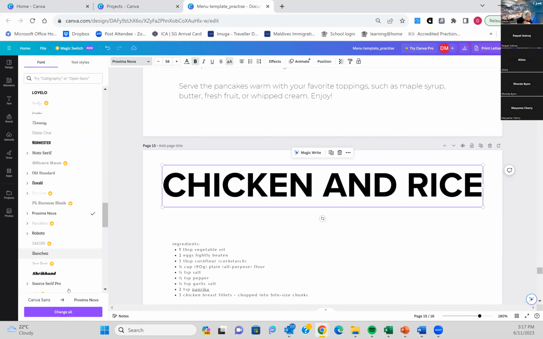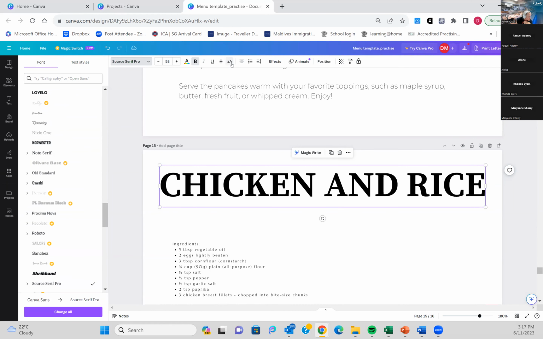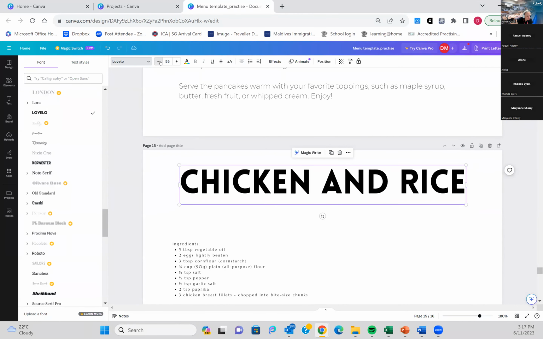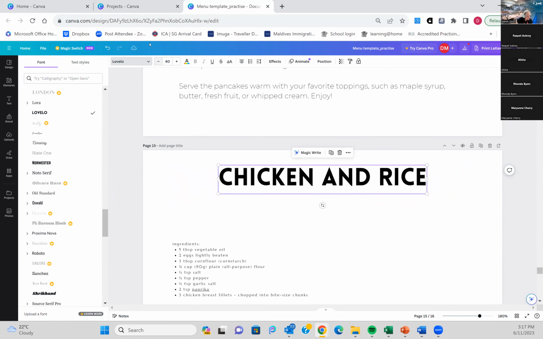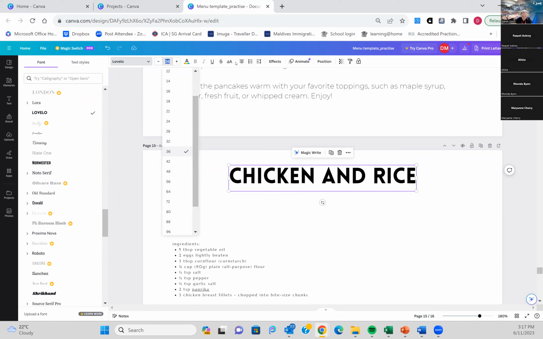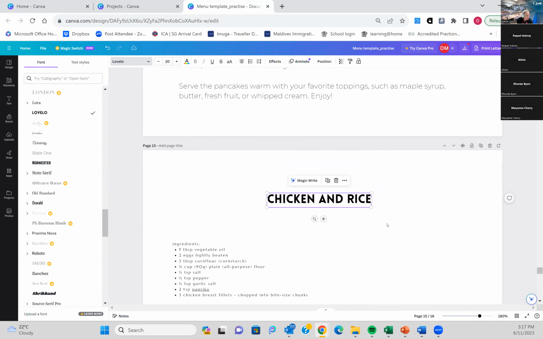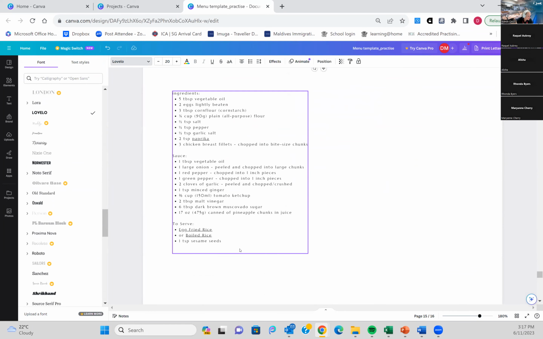So some text will only allow you to, there you go, that's not too bad, but still too big. So I'm going to reduce the size. I'm just going to go up here to the text box and reduce the size. Or if I want to speed it up, I just type it in, chicken and rice. Now, I don't have a picture of chicken and rice,